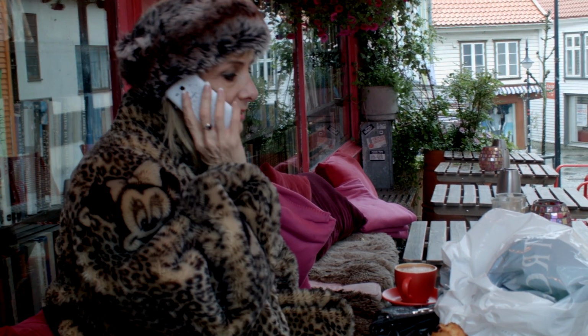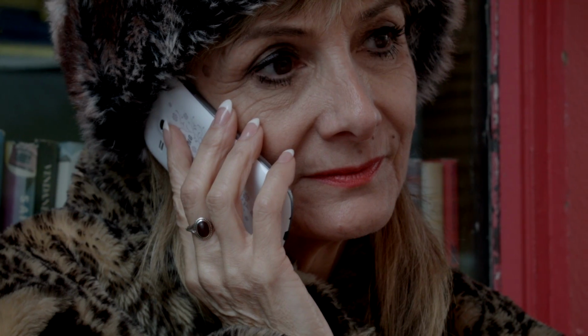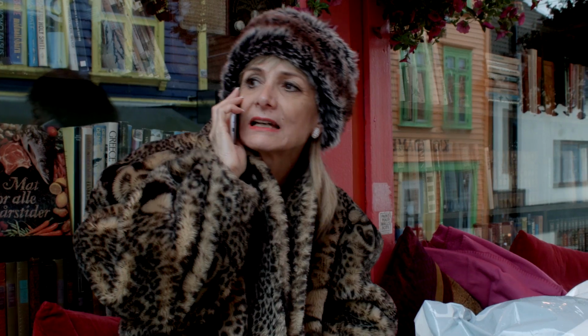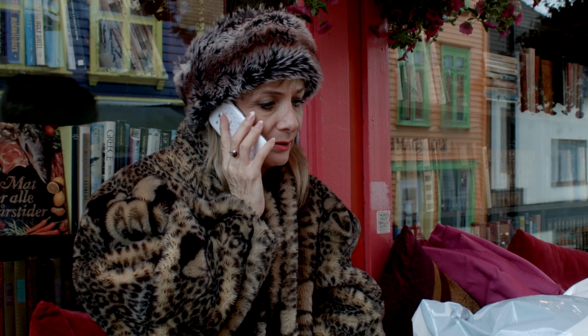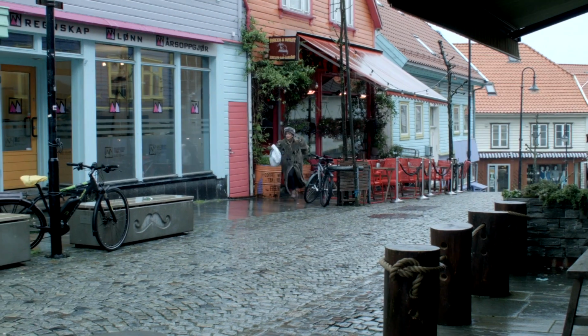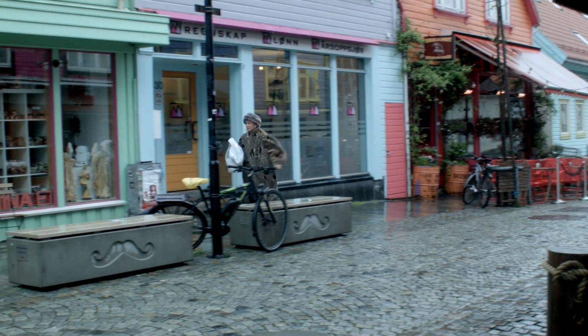The cradle of the Vikings. It can rain, it can be hot, it can be chilly. I had to wear this fake fur for the film, so when it did get sunny and hot, I was a hot idiot. If you arrive in Stavanger on a Sunday, much will be closed, but tourism can direct you